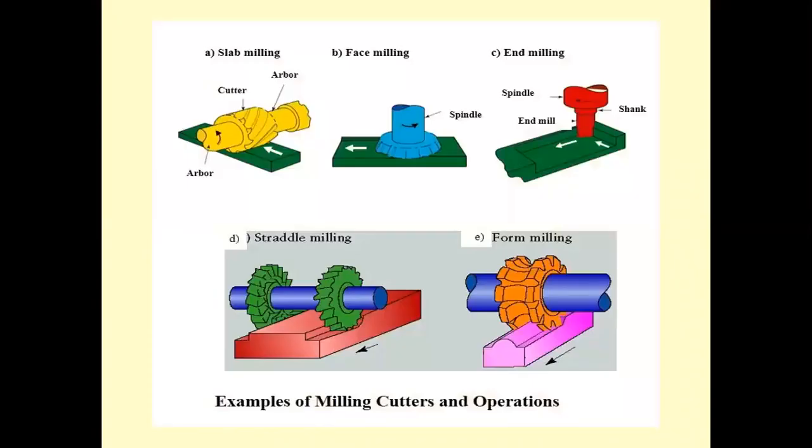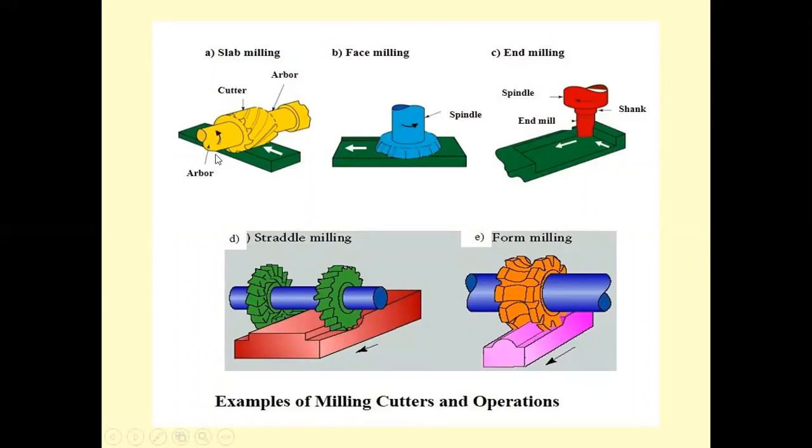So this, whatever you have seen in this B, this is the face milling operation. In face milling, normally you see the spindle is rotating about this particular axis. So it's a vertical axis, the vertical milling machine. And this is a typical peripheral milling, or nothing but slab milling, one of the types of peripheral milling.